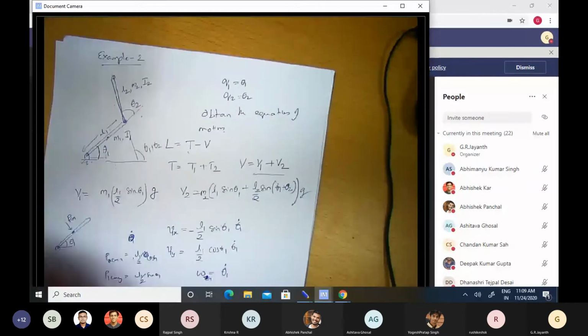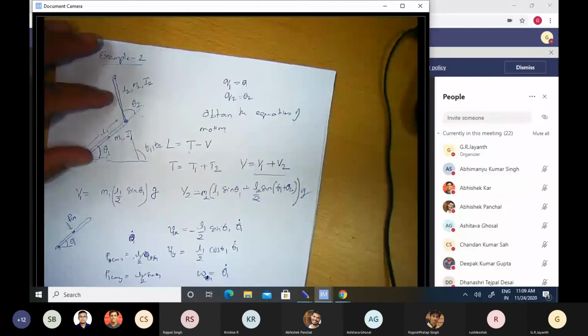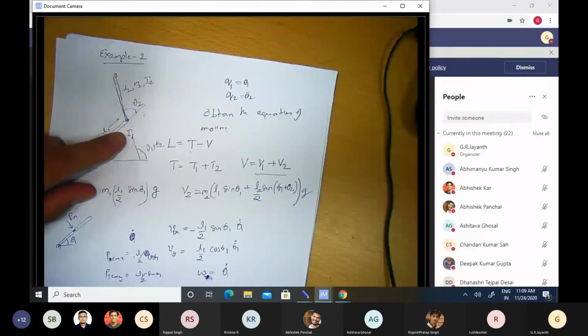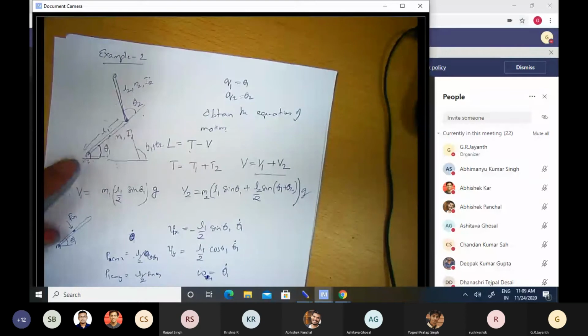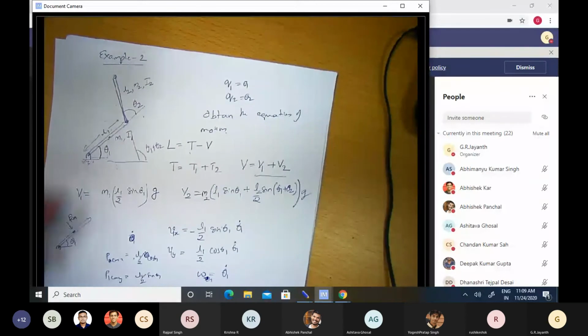Secondly, you cannot stop with just obtaining velocity relationships. You have to go one step further, obtain the angular acceleration and angular velocity as well for each of these. Angular acceleration, angular velocity, linear acceleration, all of that has to be obtained. Then you have to define reaction forces at this joint, at the other joint, and so on. Then you have to represent the reaction forces in the right coordinate system. And then you have to write down the Newton-Euler equations. So these are the steps that you would need to follow.